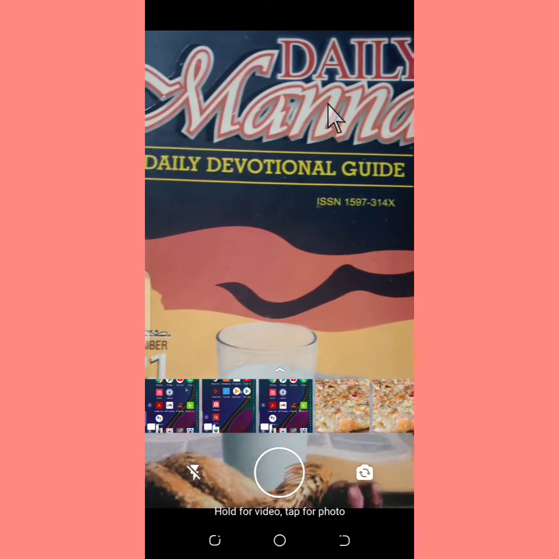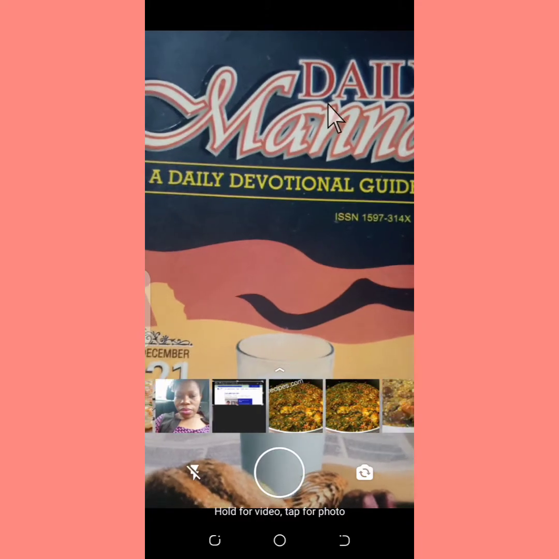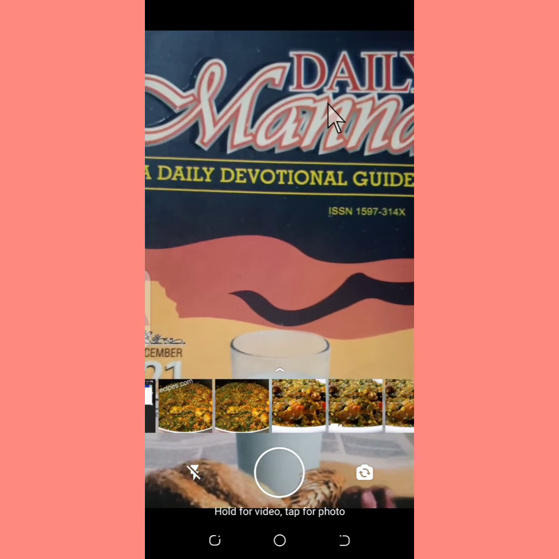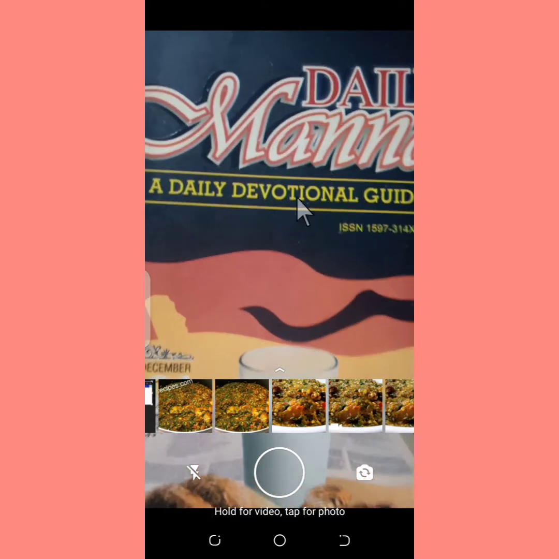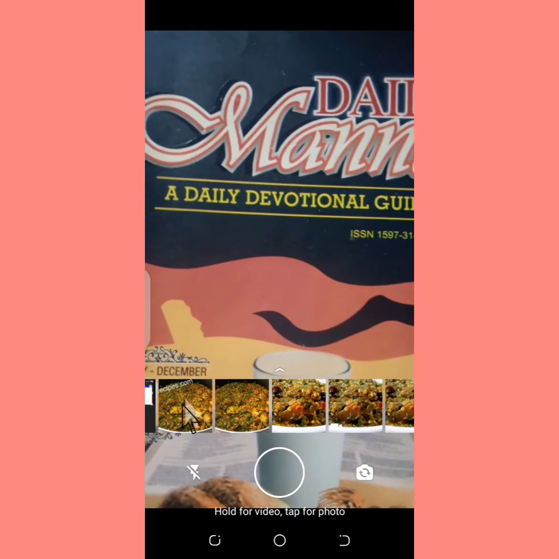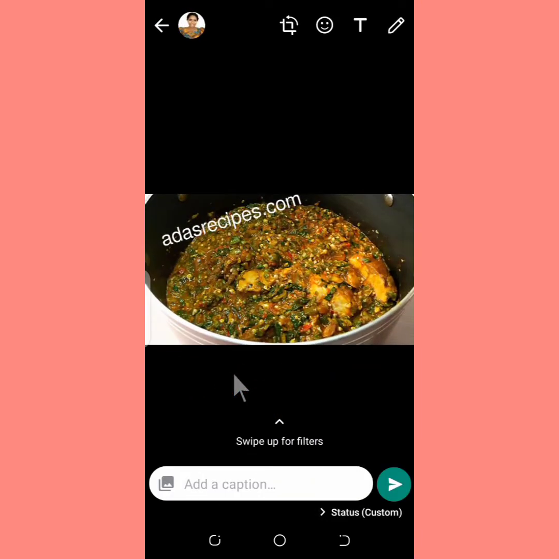So once it opens, you look for the picture you want to send. Okay, take for instance, I want to send this picture you are seeing here. Okay, tap on the picture. Okay, so once you tap on the picture, you can